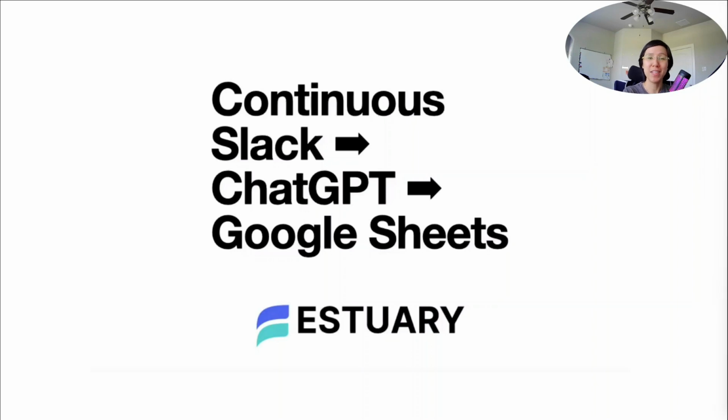Hey everyone, I'm Jenny. In this video, I'm walking you through a solution that Johnny, the CTO of Estuary, has built to summarize Slack threads in a continuous data pipeline that sends the summaries to Google Sheets. This is a great addition to our free and growing ChatGPT playlist of videos, so be sure to check that